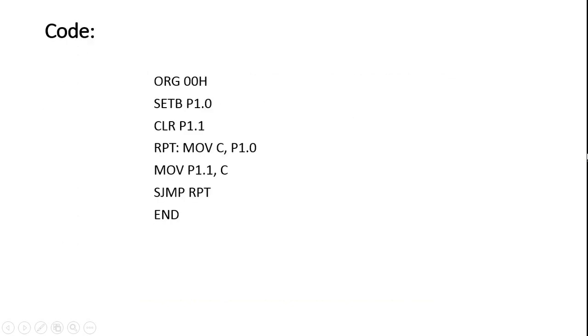So this is how the LED turns on and off. What we are doing is copying the data from port 1.0 to the carry flag. Again, this is 1-bit data, so we don't need to use the whole register; we can use the carry flag. Since the PSW in the microcontroller is programmable, we can actually copy data to the carry flag. And after copying the data to the carry flag, we then send it to port 1.1,